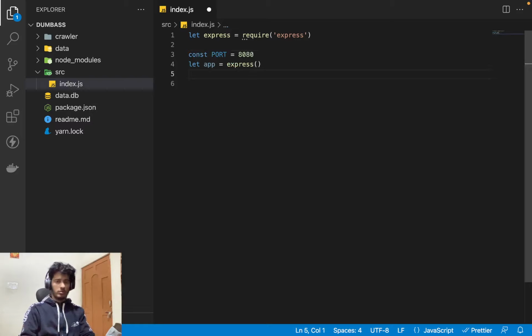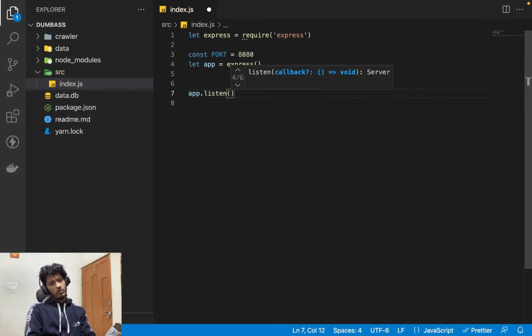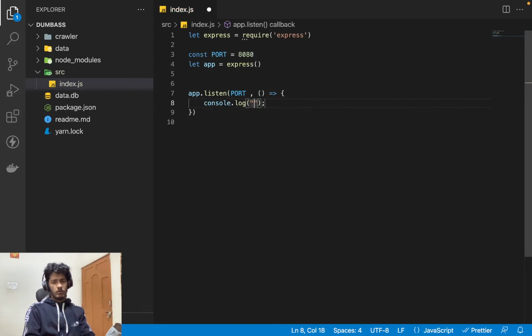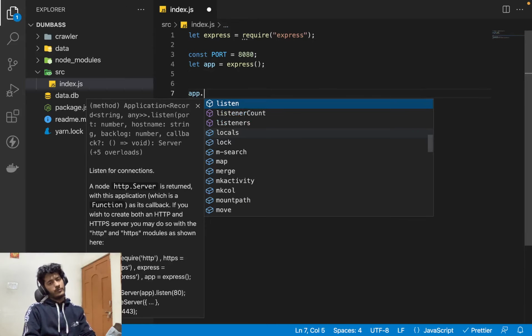We can make that const, and then we can say app dot listen on that particular port. We can just log server started successfully. Next thing we can do is say app dot